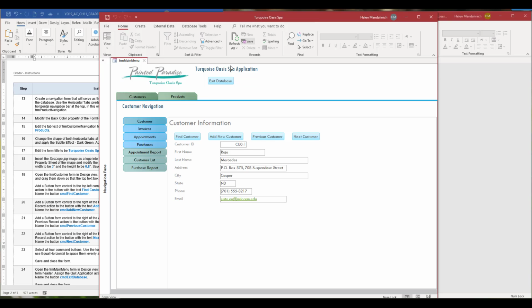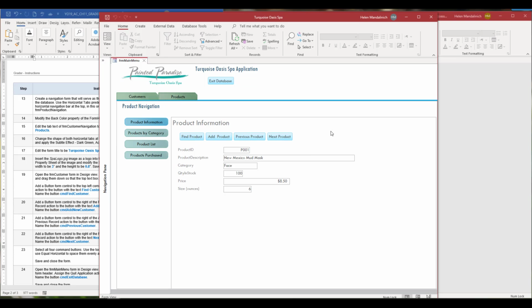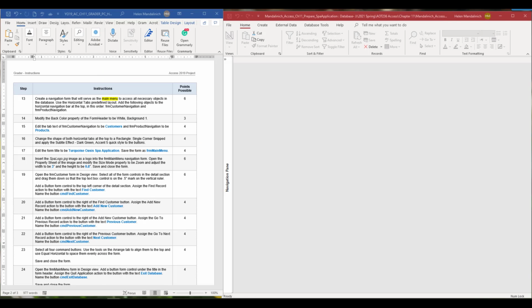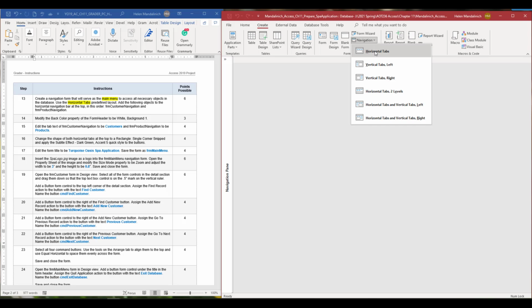So remember when I showed you this sample. So we did this, right? This form we did. We haven't done products yet, or we haven't used it yet. And what we're going to create right now is this main menu, right? So let's see how we can do that. So we're going to create using a horizontal tab, right? So that's a little different. Last time we did the vertical. So let's create navigation, horizontal,